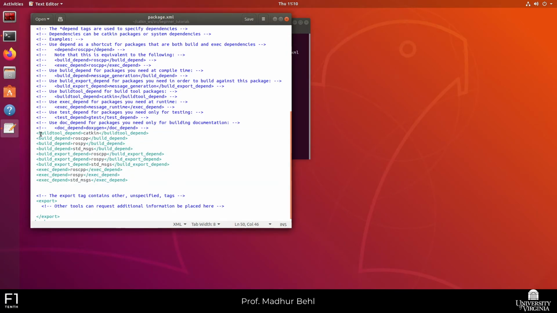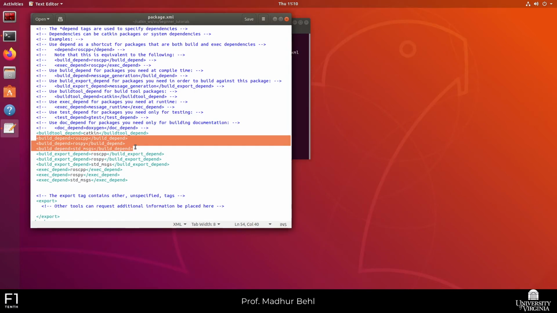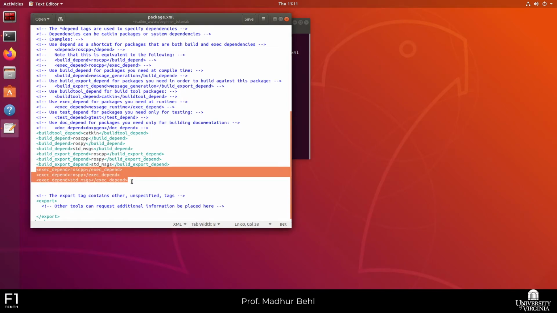And you can see ROS has identified that this package needs the Catkin build tool. Therefore, this is listed as a dependency. Where did it figure out these three things? So remember, when we had run Catkin create package, we had specified 3 different packages on which the beginner tutorials would depend. And so therefore, this package manifest has specific fields which say these are the dependencies of beginner tutorials during the build time, and then during runtime we have other dependencies, right? So